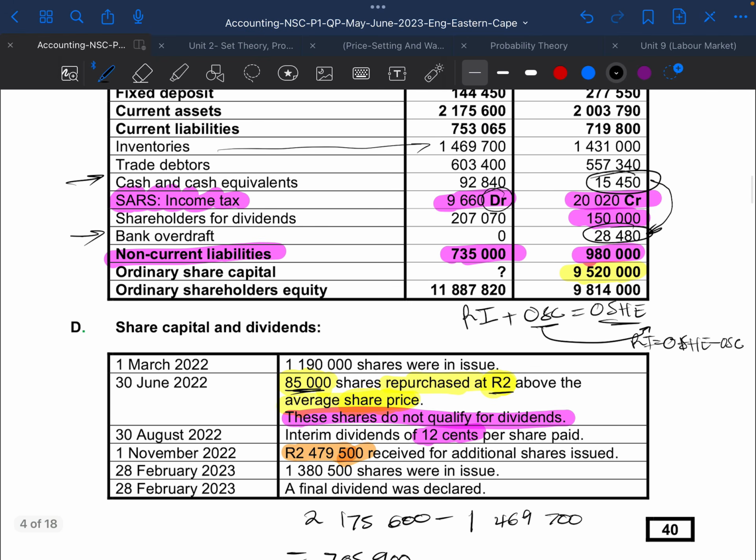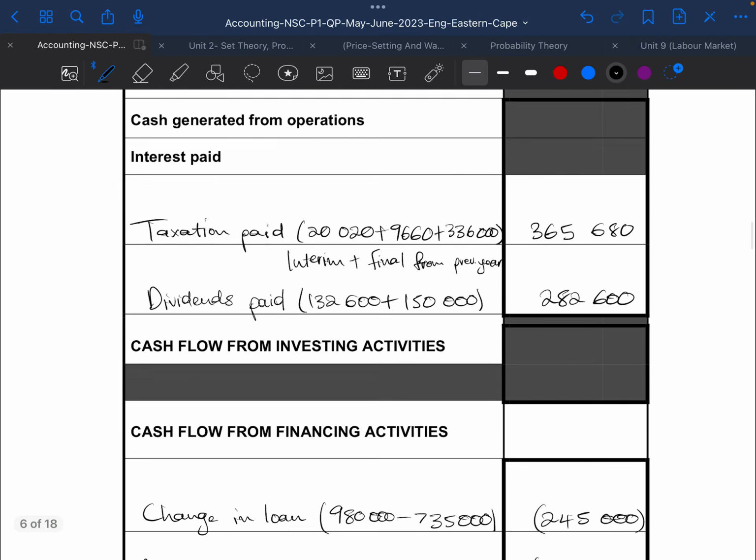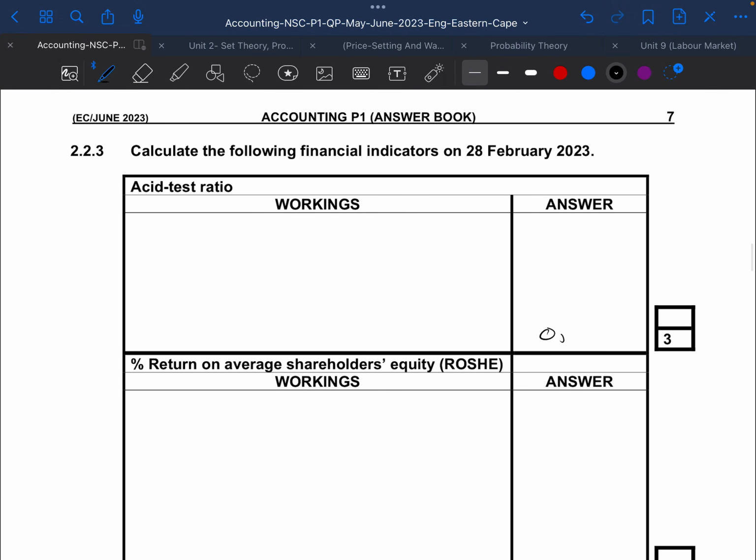705,900. Now our current liabilities are 2,753,065. You know, this is to 1, and then you can just say 705,900 divided by 753,065, which is 0.93, and then your final answer could be 0.9 is to 1. So our answer here is 0.9 is to 1. Okay, just to fill in the working, 753,065 is 1 and